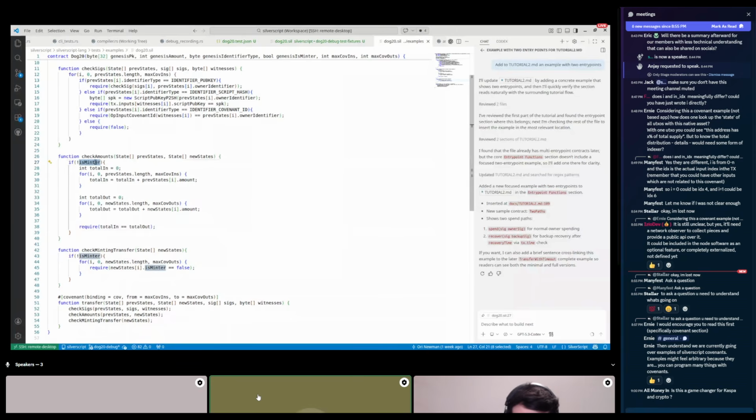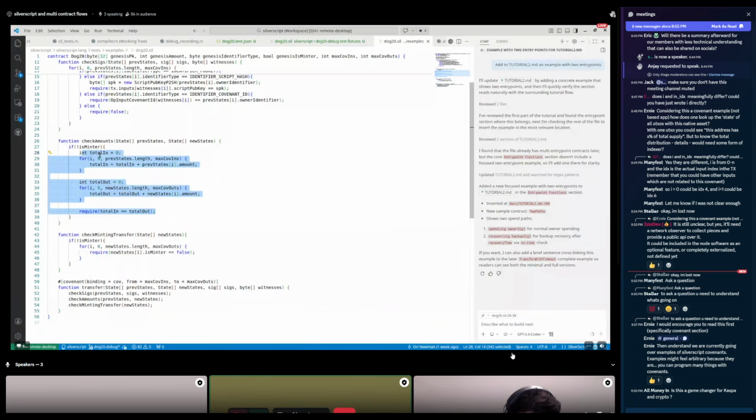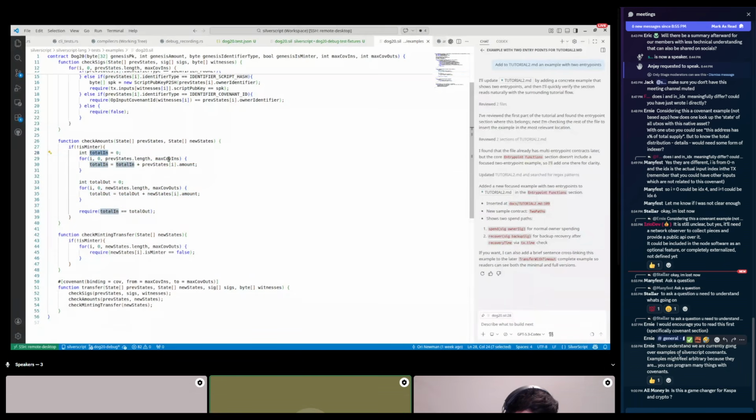So obviously, if you're a minter and you're allowed to print money, we can skip the checkAmount verification. But otherwise, we count all of the amount that exists in the previous states and check that it sums to the same amount that exists in the next state.